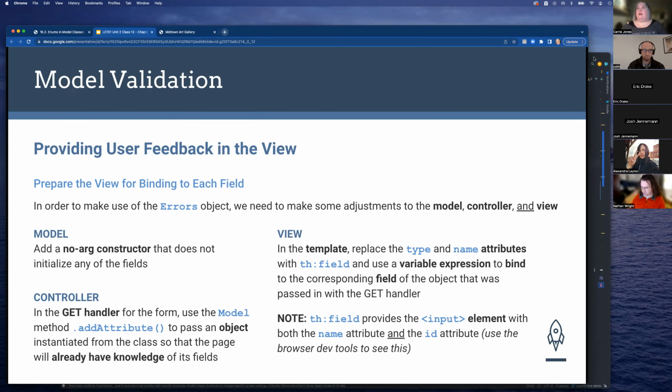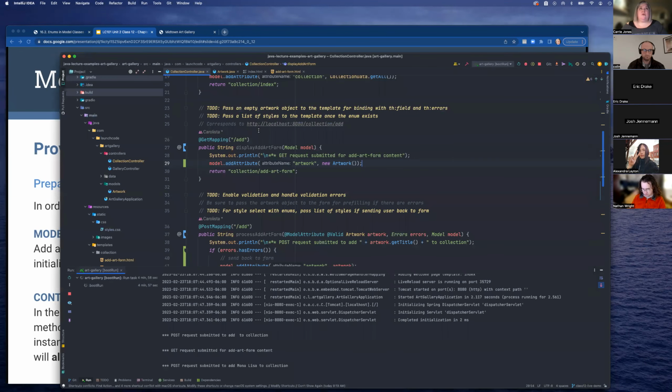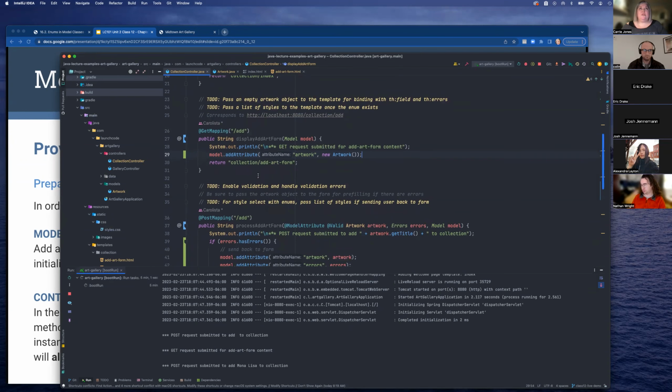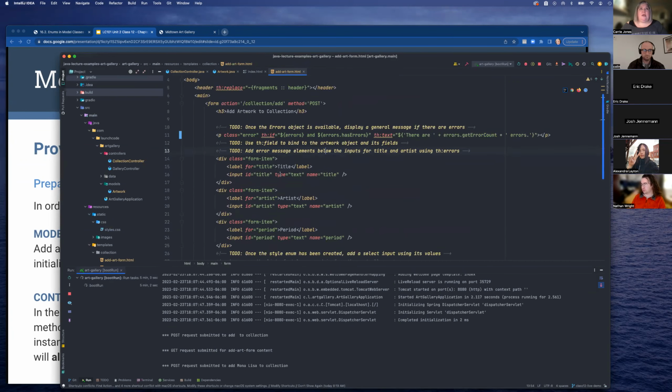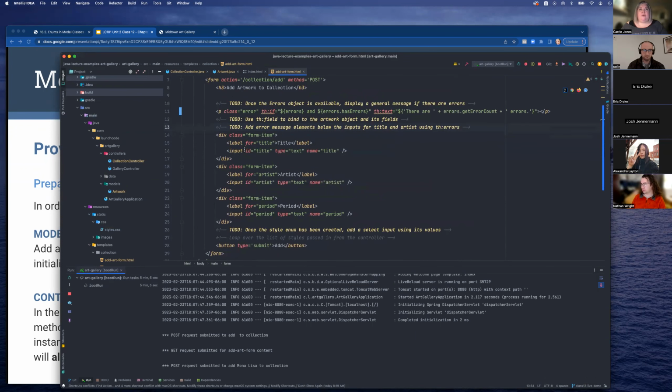And we can actually look at that in the DevTools. So let's do it first. We're going to come over to our template. You can see here that on my inputs, I've got id equals title, type equals text, and name equals title. I can replace all three of these now and just say th:field equals, use a variable expression, and then inside that variable expression, now that I've passed artwork in, I can just say artwork.title. And then I can do the same thing